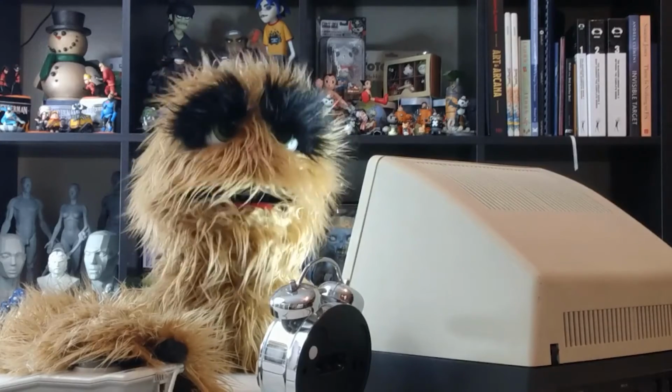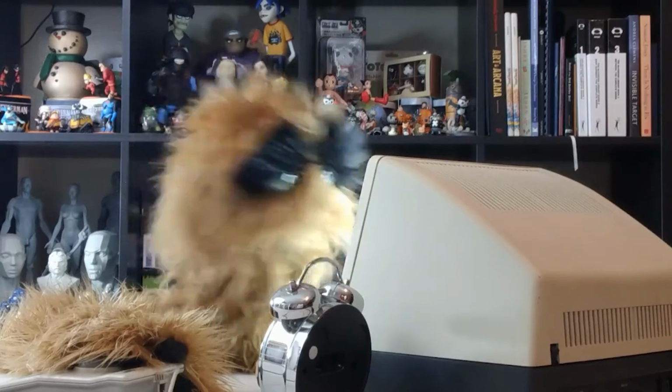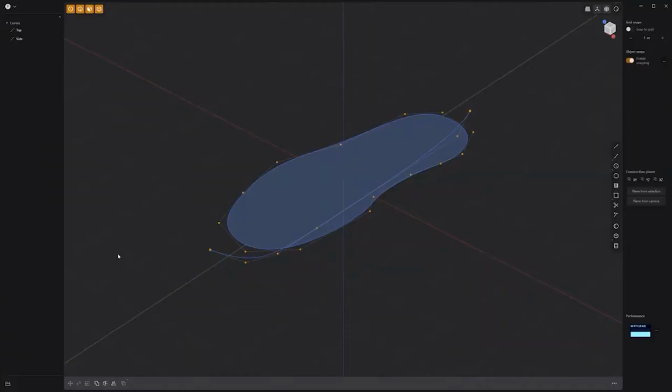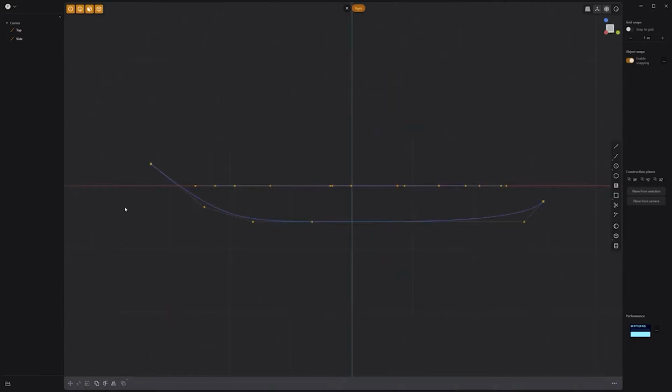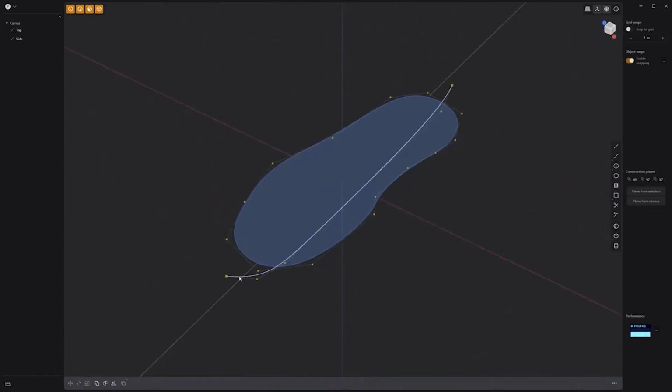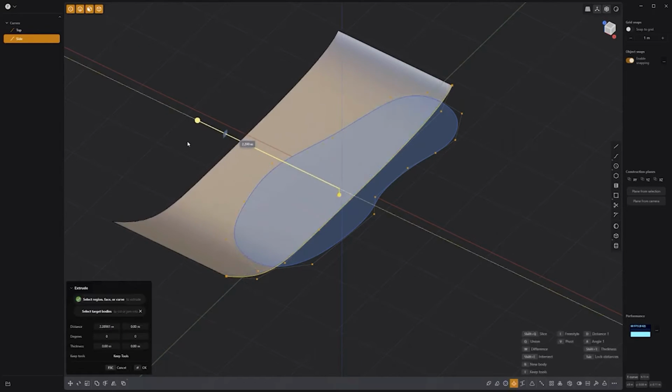Floyd here with a quick look at creating a shoe midsole in Plasticity. Start by creating two simple curves, a top view silhouette of a midsole, and a side profile curve with some toe spring. Select the profile curve and extrude it using the keyboard shortcut E, followed by the Tab key to